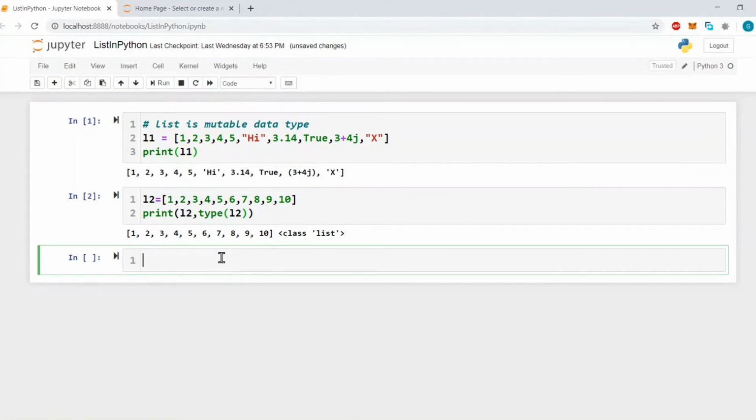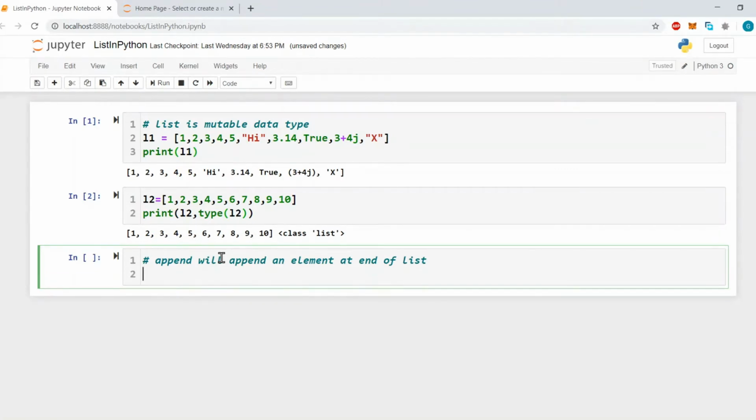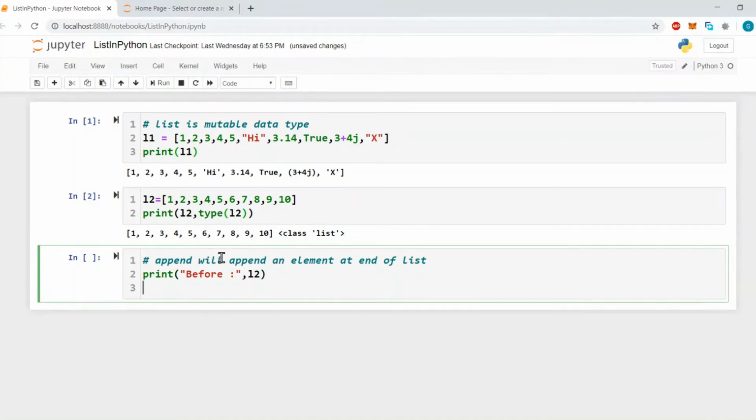The first method is append. What will append do? Append will append an element at the end of the list. Let's say we want to add 50 at the end of list L2. So let's print the list L2 before, then we will execute the append method, L2 dot append, and we want to store 50.